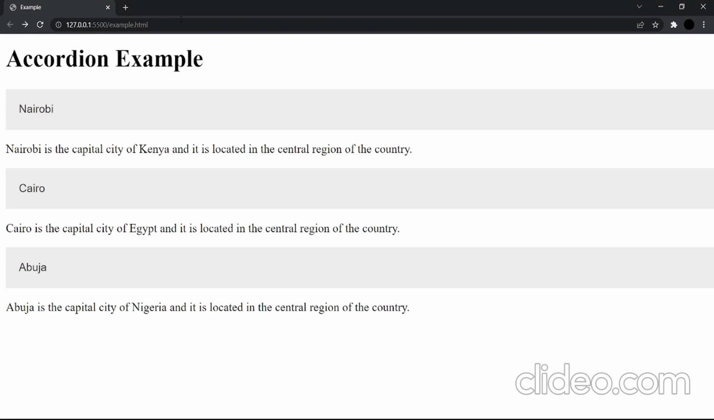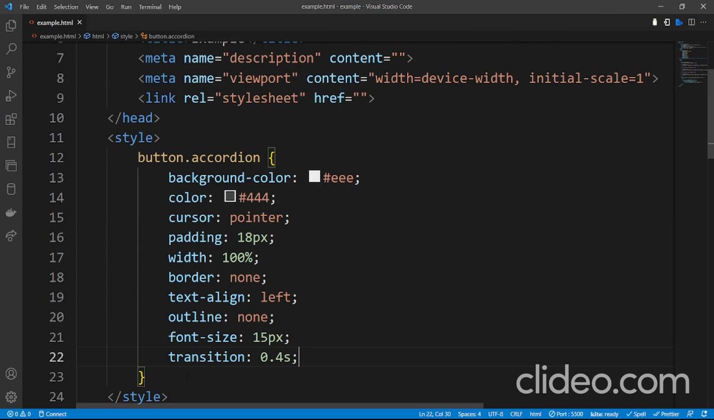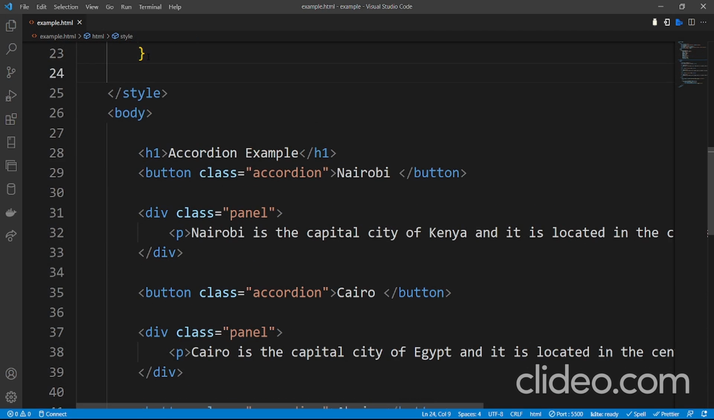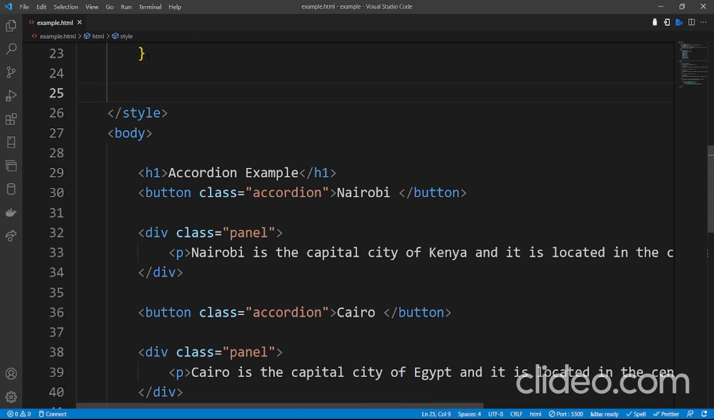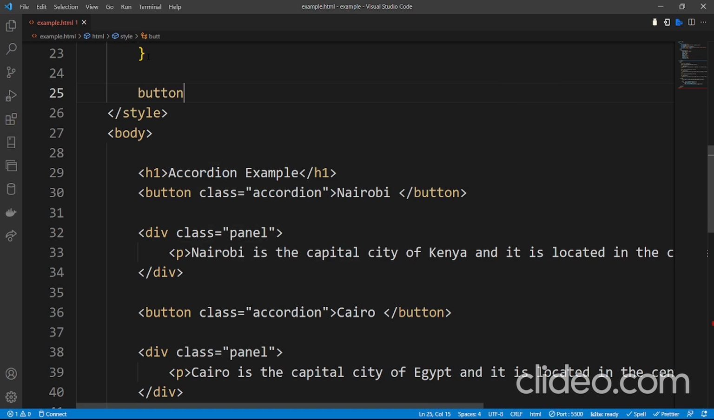Yeah, now let's reload this in the browser. Let's try to reload. Now you can see we have the background color. So it seems everything is working fine. Now let's proceed with our stylings. Now you can also style button. We are still on the button. So button.accordion, then .active,